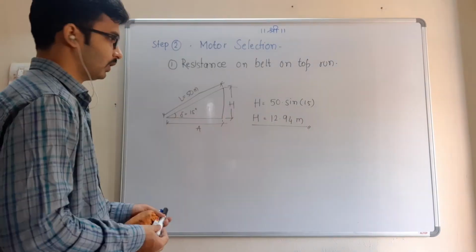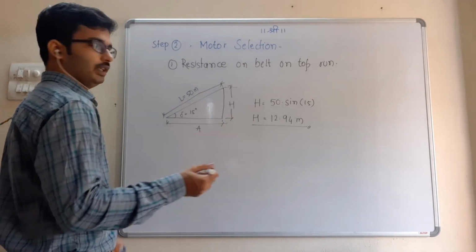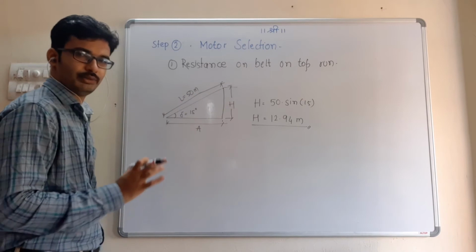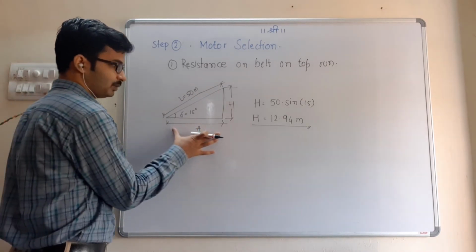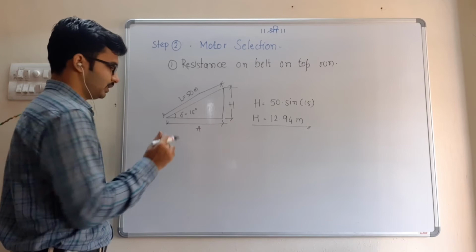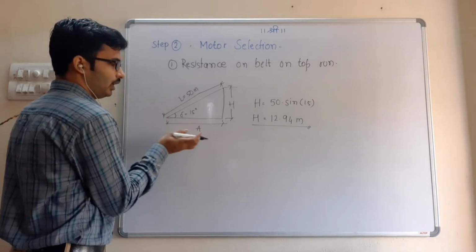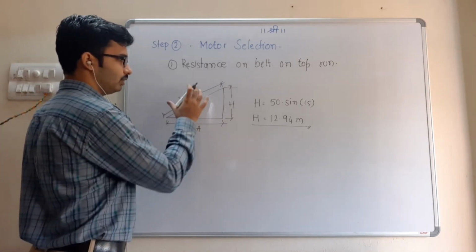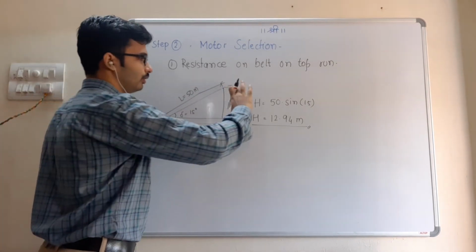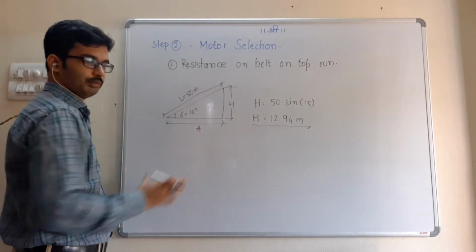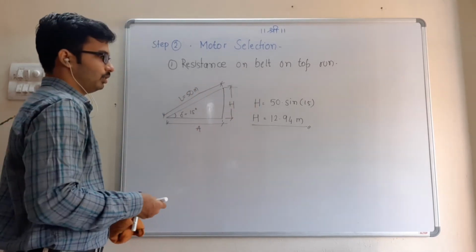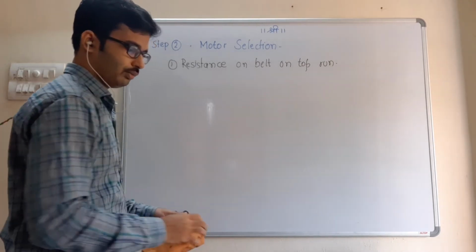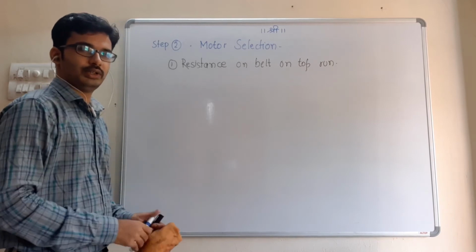So this value you will get as 12.94 meters. Sometimes, in the problem statement, instead of giving the center to center distance between two drums, they will give you the horizontal spacing between the two drums. So they will give you the A value and the inclination angle, and they will ask you to find the center to center distance, or you can calculate H and L from that A value. So based on the data given, you have to apply certain geometry here. Now all values in equation 2 are known to us.